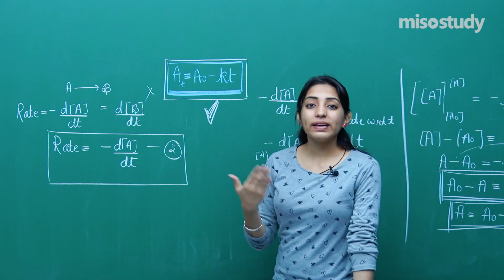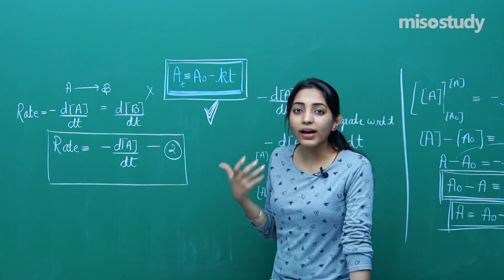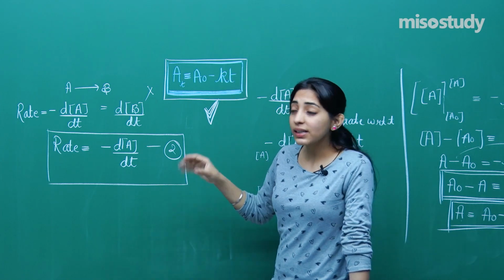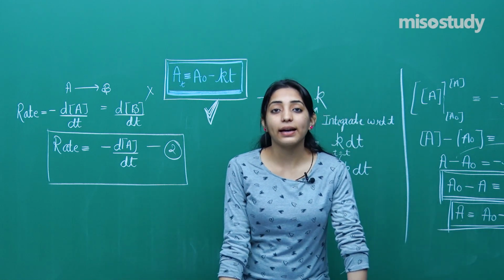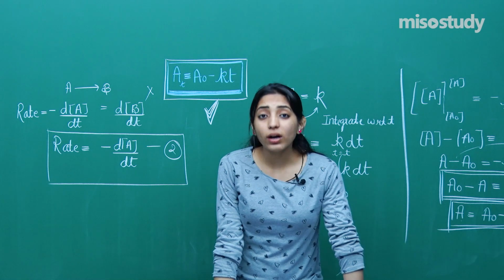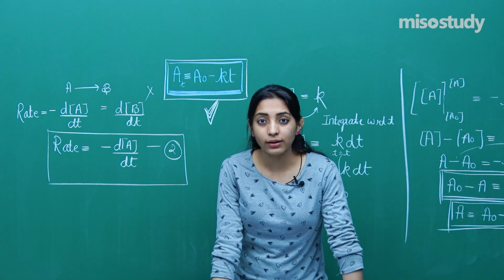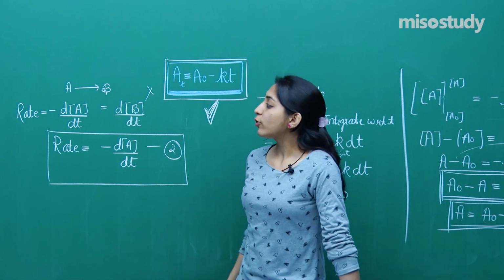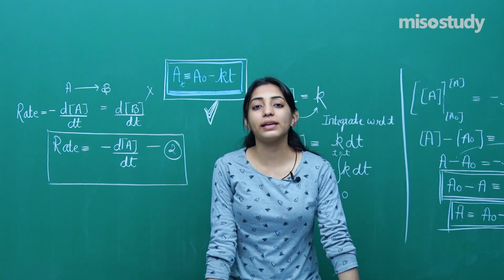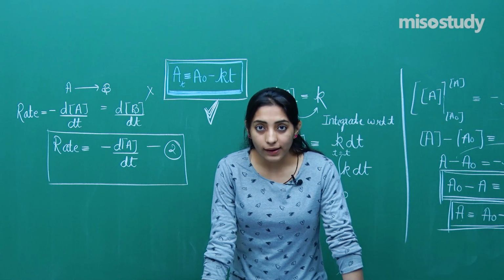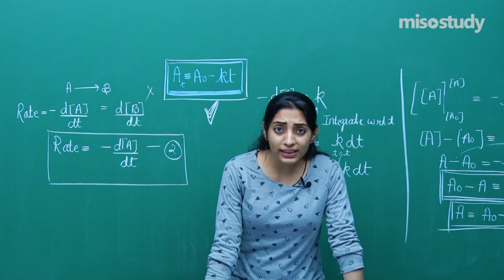What you will see, with the increase in time, as soon as the time increases, T will become positive, I mean it will become a higher value. KT will keep on increasing, so the negative term keeps on increasing. That means the final concentration of the reactant at any time T will be lesser compared to the initial concentration of the reactant, which is A naught. Okay. So the final expression that you need to remember for the zero order reaction is A is equal to A naught minus KT. Clear? So this was all about how we will be dealing with the integrated rate law expression.